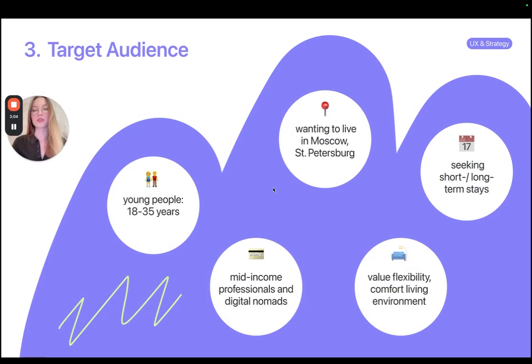Based on real research data, I identified that the core users would be young adults, roughly between 18 and 35, seeking either short or long-term stays in Moscow, St. Petersburg, or surrounding areas. We are talking about mid-income professionals and digital nomads who value flexibility, comfort, and a safe